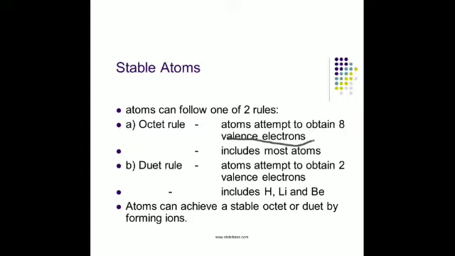Suppose there are K and L shells and there are 5 electrons. Unless and until the K shell has 2, the 3 left over cannot fill in the L shell. That is, unless and until there are 2 electrons in K, the L shell cannot get filled up. So 2 in the K shell and 3 in the L shell.